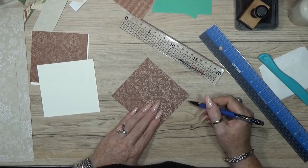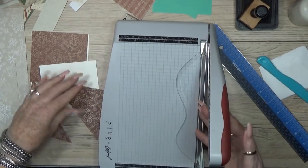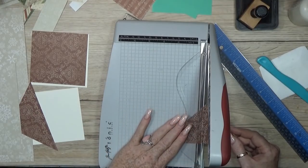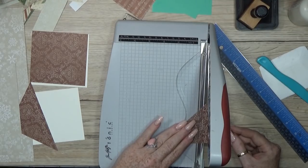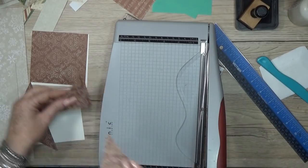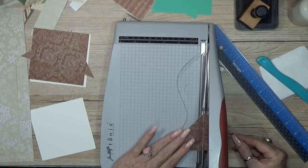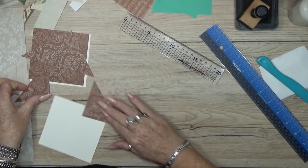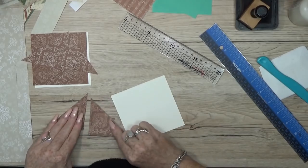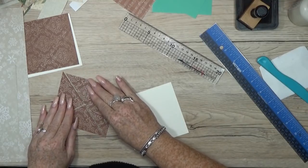Alright. Yes, now it's cool. Okay, let's just cut that line. Keep it nice and straight. Keep those together. There we go. Now, the meaning was, okay, this one,